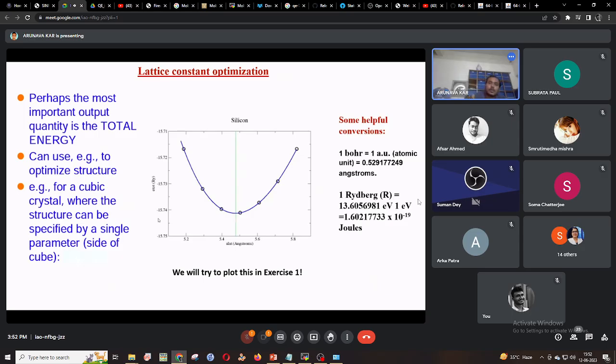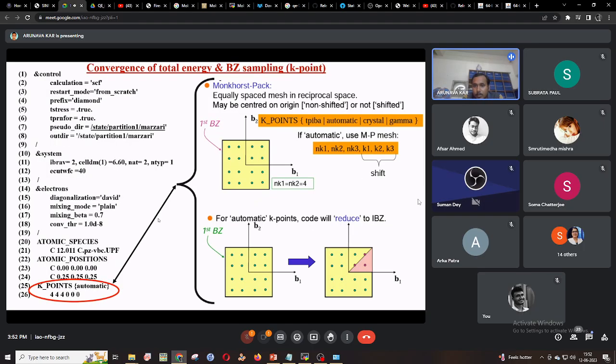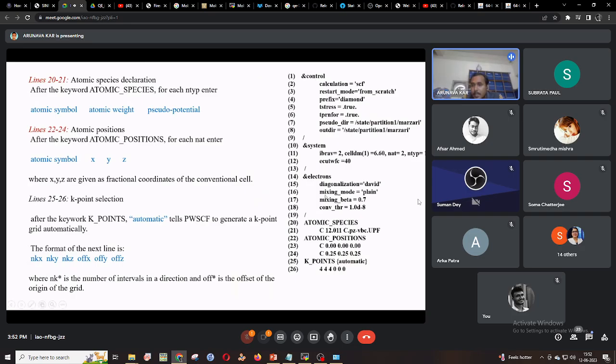Okay. Now we come to a part where we also want to obtain the lattice constant of this system. What we can do is find the total energy of the system with different lattice parameters. That means, if this is the cell dimension, we can change the cell dimension and we can find what is the